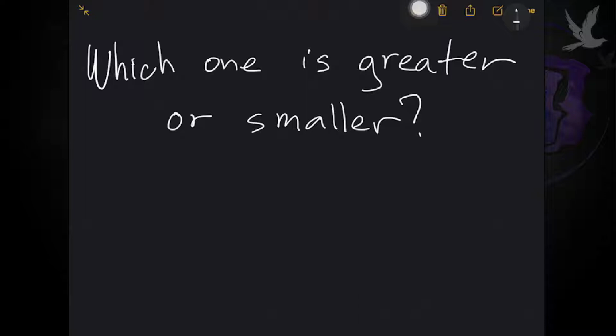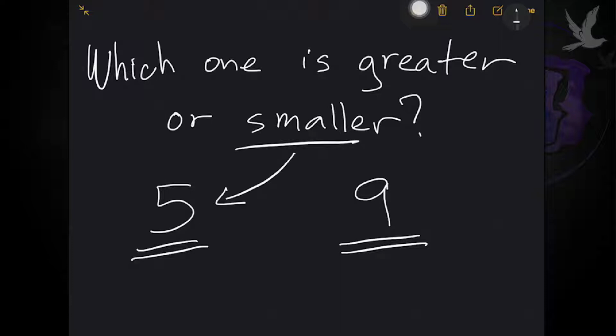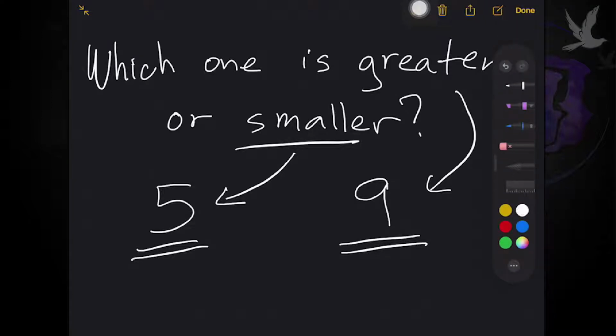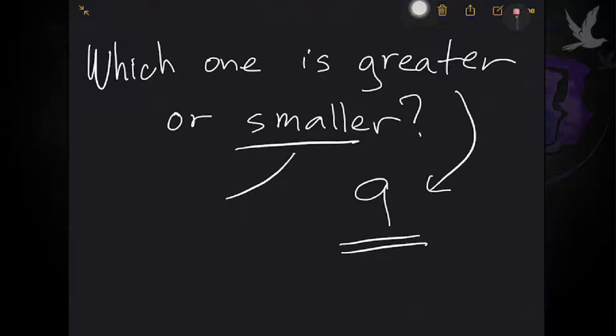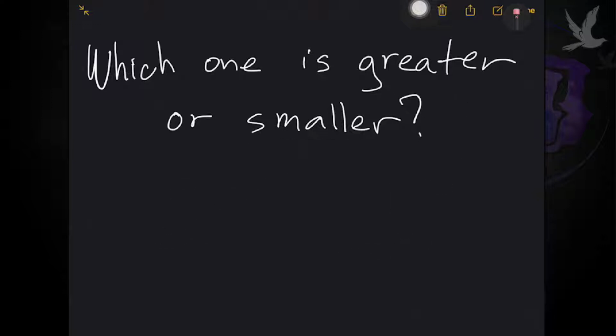So for example, if you have 5 and 9, which do you think is greater? Of course, the greater number is 9 because 9 is more than 5. Okay? And obviously 5 here is smaller while 9 is greater. So that's how you identify which number is smaller or greater if you only have small numbers. But what if you have bigger numbers like